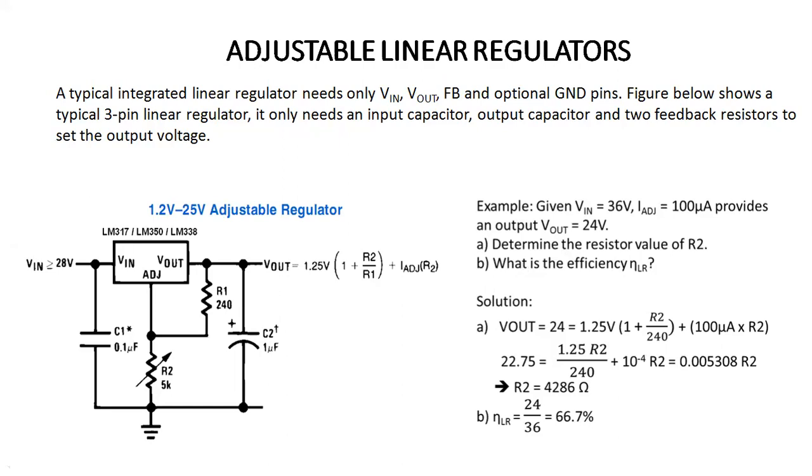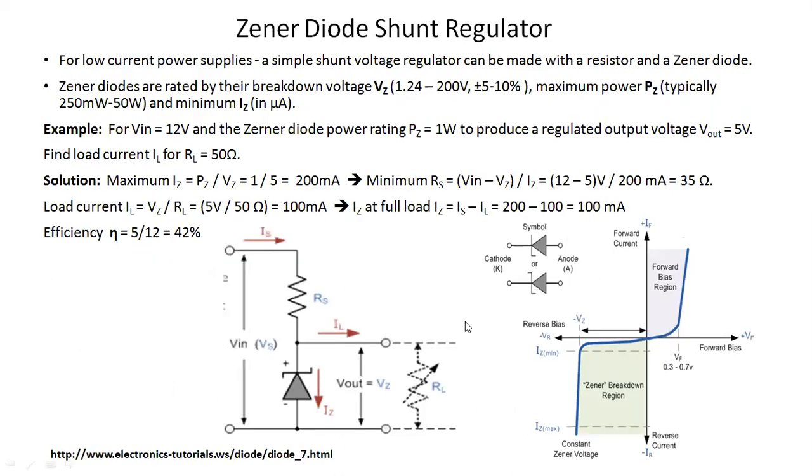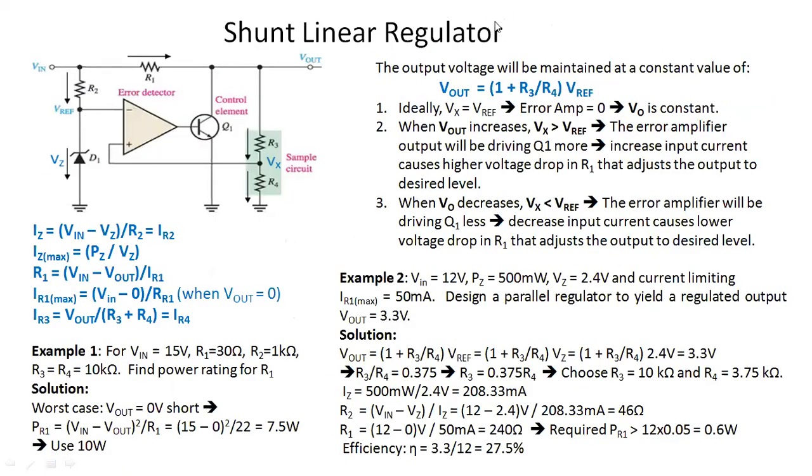At that time we can say there are two types of linear voltage regulator. These are nothing but series and shunt. So we can see here one example, the Zener diode shunt regulator. In yesterday's session we saw how we can make a shunt regulator and a series regulator. If we take the control element in parallel with the load resistor, we call that circuit a shunt regulator, जो हमने कल के लेक्चर में देखा है.